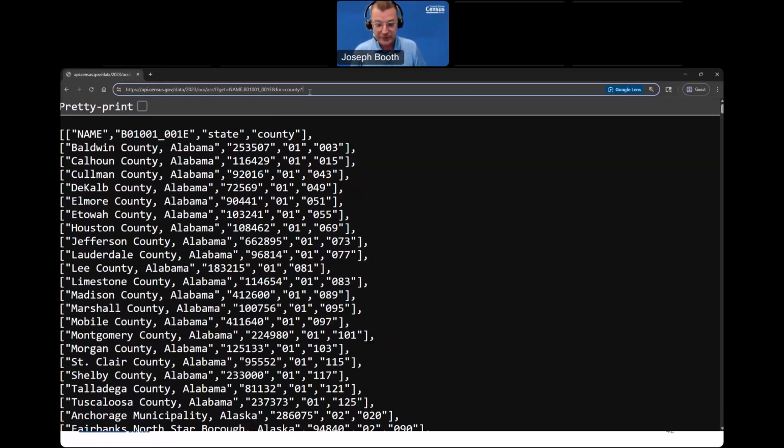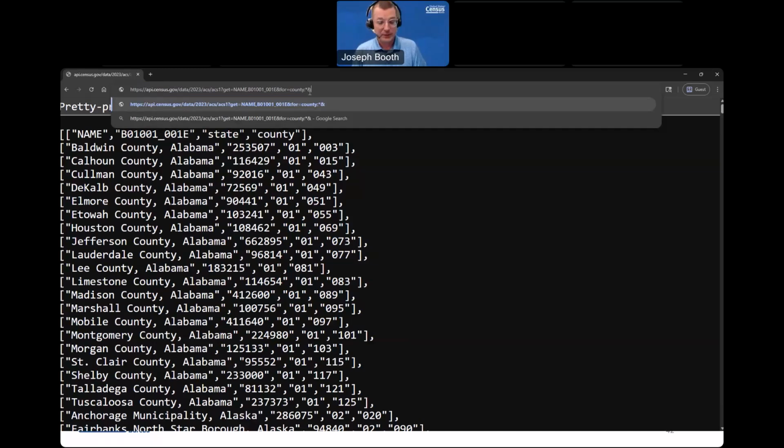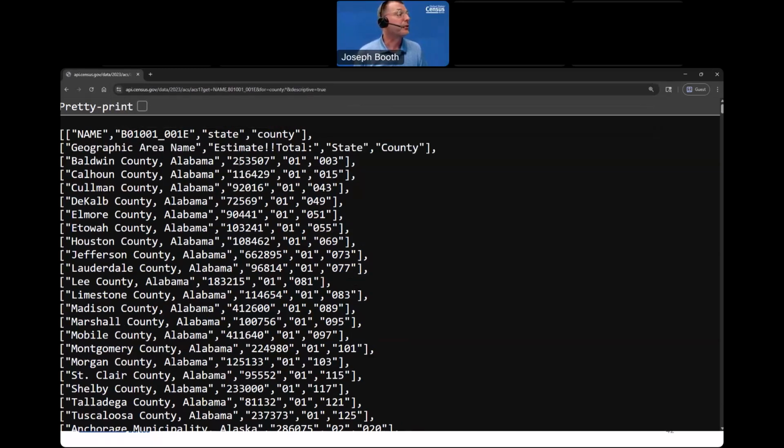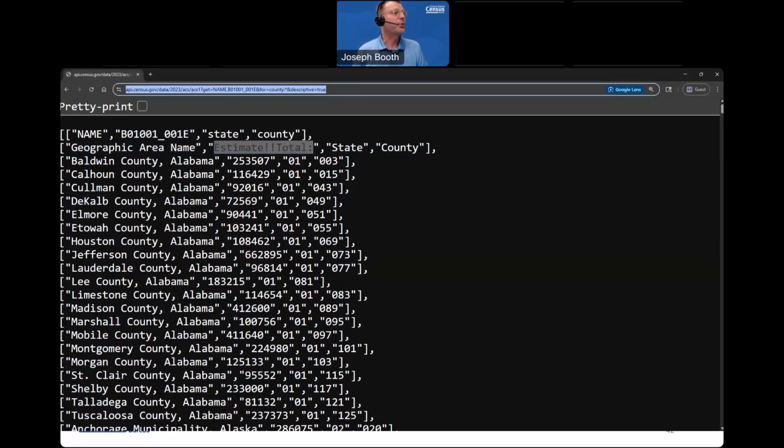So Caleb showed us this. If you append &descriptive, if I can type it, and set this equal to true, we're going to see, when I return, that for this variable we get a second row with some additional headers, right? And we get the label for that variable. So now I can tell, without having to look this up in a separate call, the label for this variable.